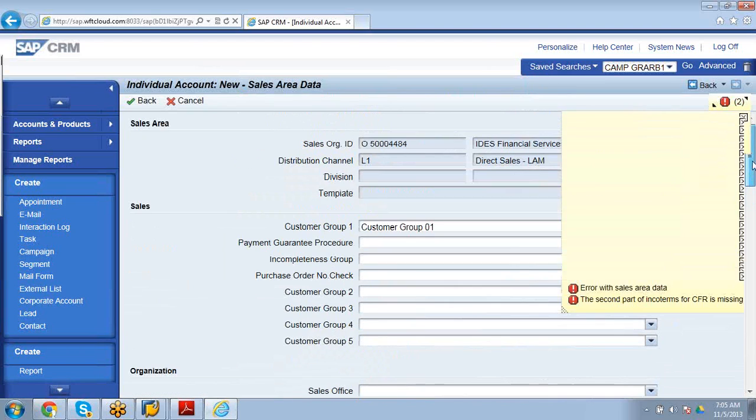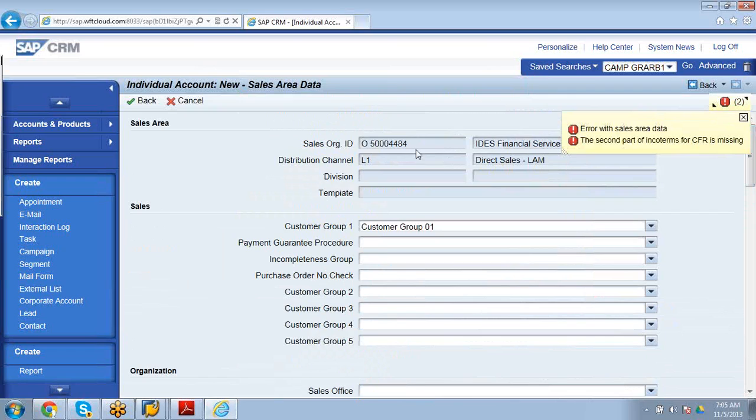Here you can see the combination. If there is an issue, we have to correct it. The sales area which I have given, L1, is wrong.